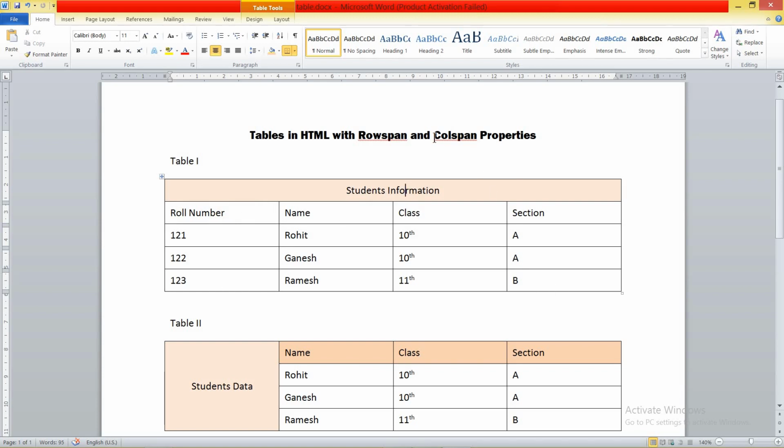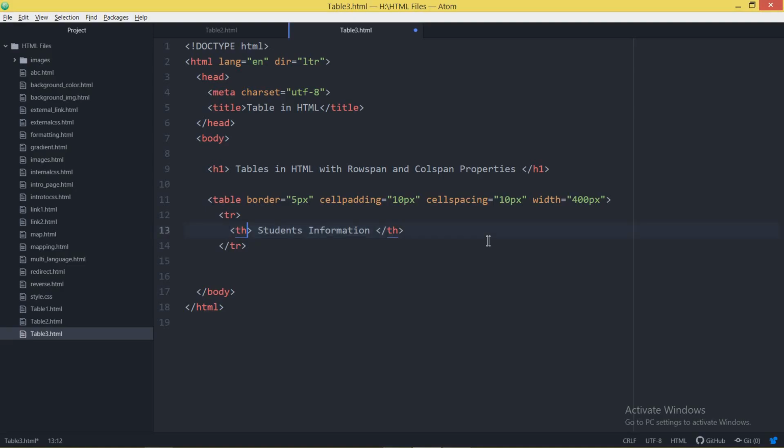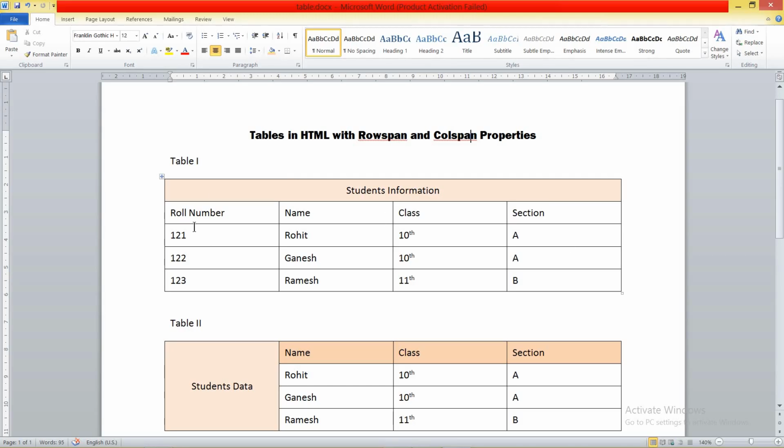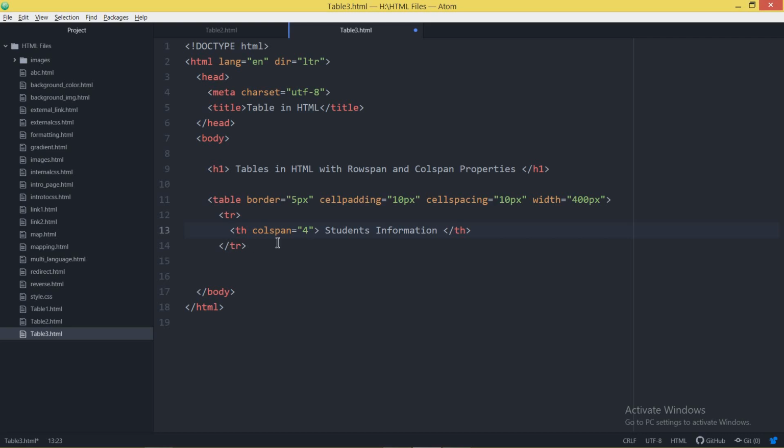It means I have to give this particular property, that is colspan. Colspan can be used where you want to merge a number of cells in columns. So within the th, give the property colspan. How many columns do I want to merge? I have to merge 4 columns. You can see this on the table: these 1, 2, 3, 4 columns I have to merge. Now I have just made one row.